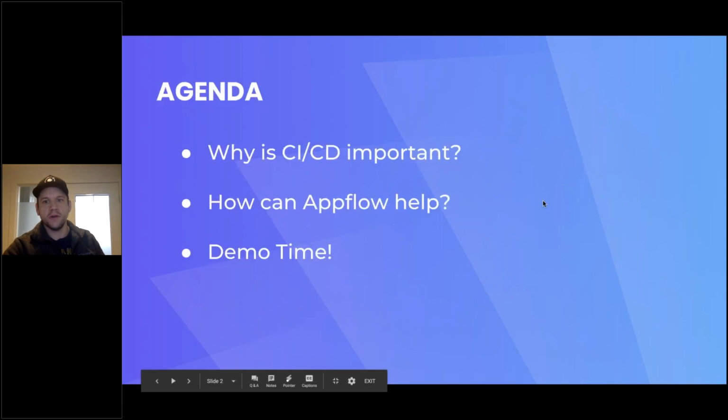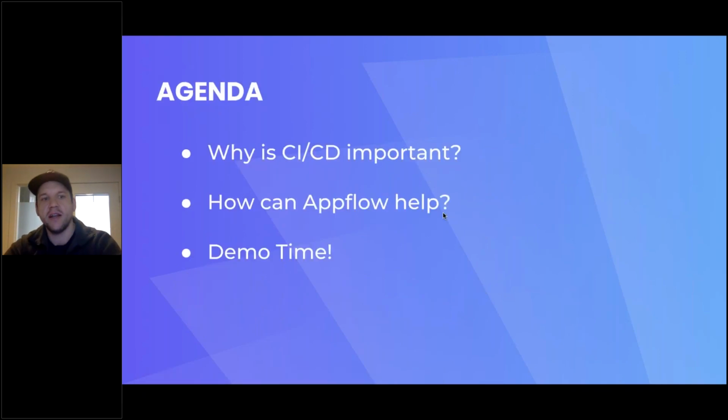So I want to go over the agenda first before we start anything. Today I think we're going to talk a little bit about first why CI/CD is important, what it means for businesses, how it can impact your business, then how Appflow can help, and then we're going to go through a real-time demo of just how you might set that up